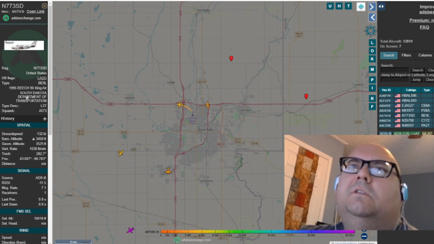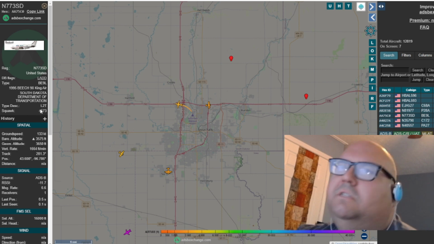Well, if you click on this one, it tells you it's a Beech 90 King Air. You get the squawk thing here. See, this is like,